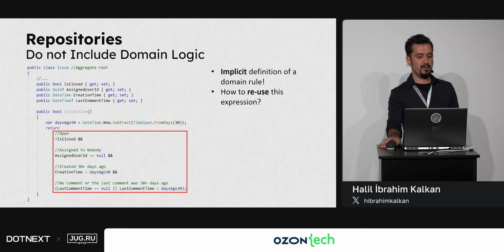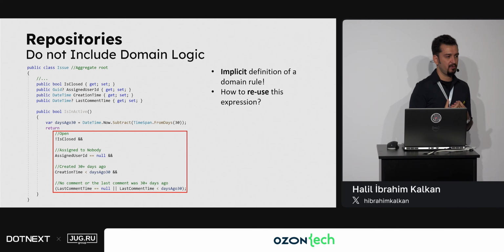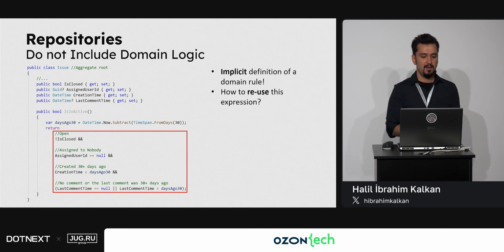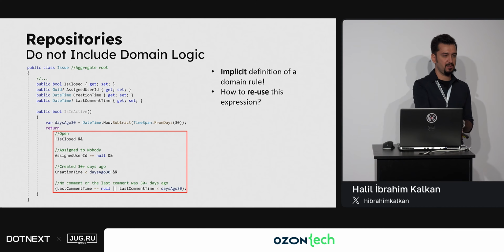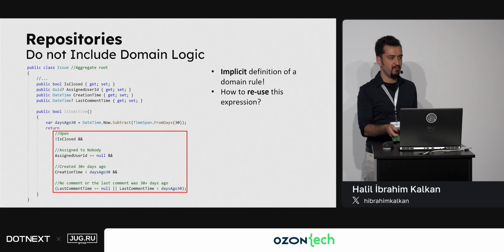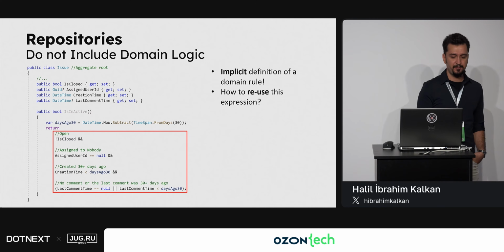Assume that we have an isInactive method on the issue entity. It's very reasonable. We have an issue object that is retrieved from the database, and we just want to check if it is active or not. So in this example, I just copied all the logic here. This is very dangerous because we may forget to change everywhere when we make some changes in this logic. And also, it's not easy to test this logic individually.